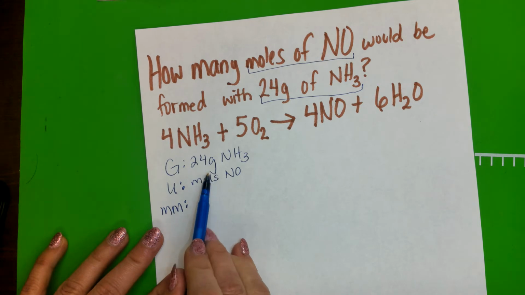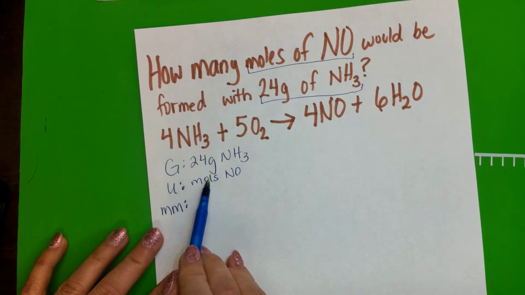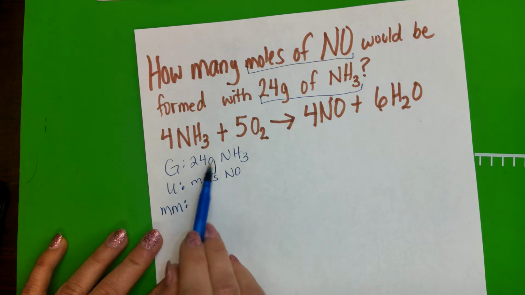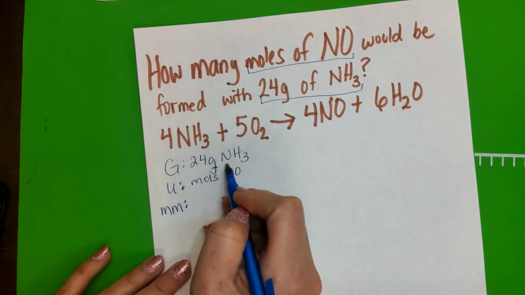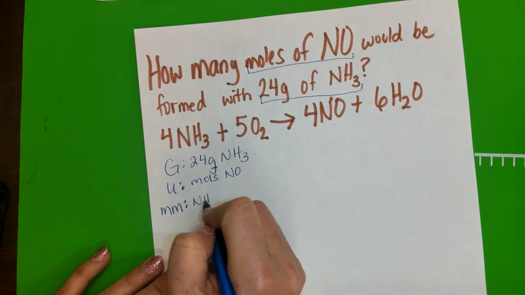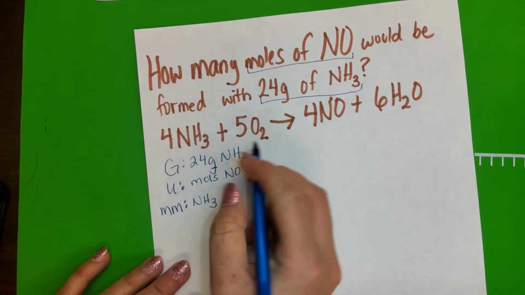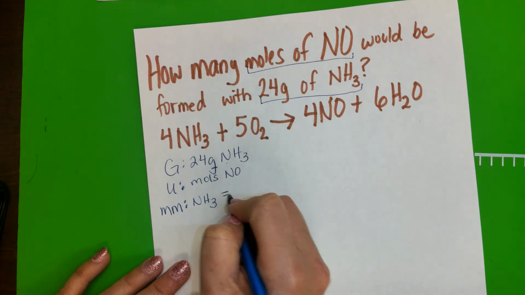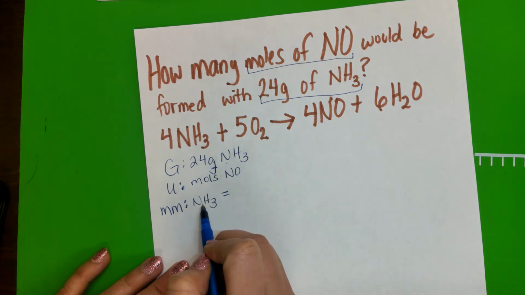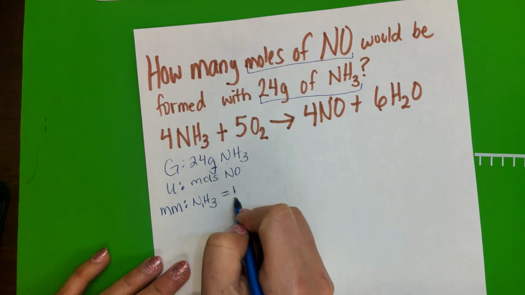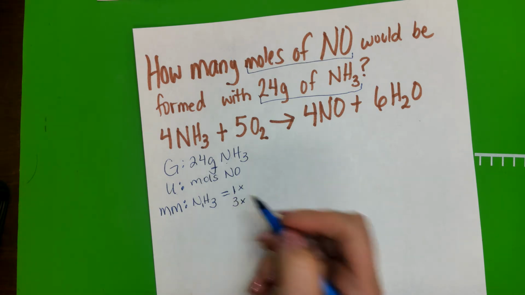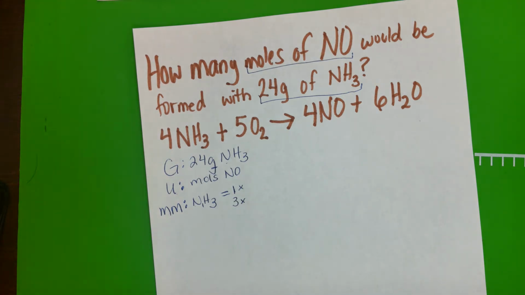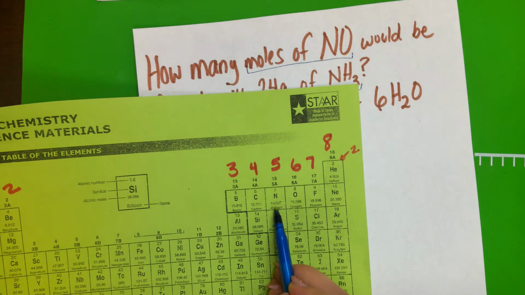So whoever has molar mass in here, that's the element or compound that you need to get the molar mass from. So the grams that you see here, that's the one you need to take the molar mass of. So it will be NH3. Okay, so let's go ahead and look at the atoms. Nitrogen has only one atom and hydrogen has three. Each atom has a certain mass, or grams, in the periodic table. So nitrogen will be